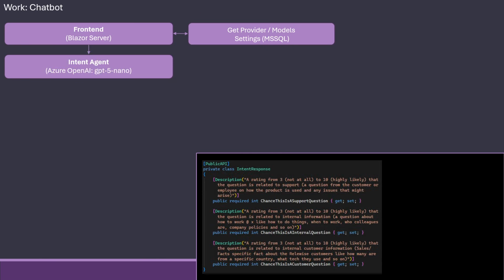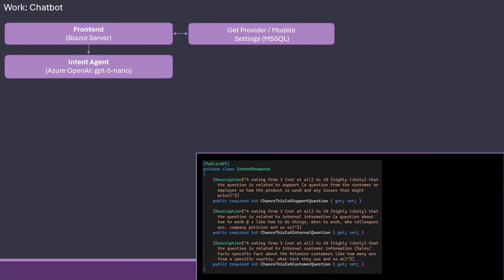In this case, I'm doing a small multi-agent scenario where I first give it to a very small model that is called an intent agent. And as you can see down here, it's using structured output to figure out is this question support related, internal related, customer related, and it needs to give a score between 3 and 10.